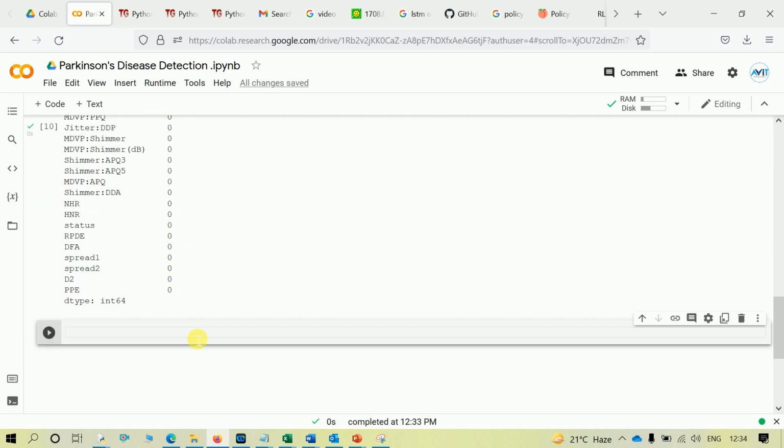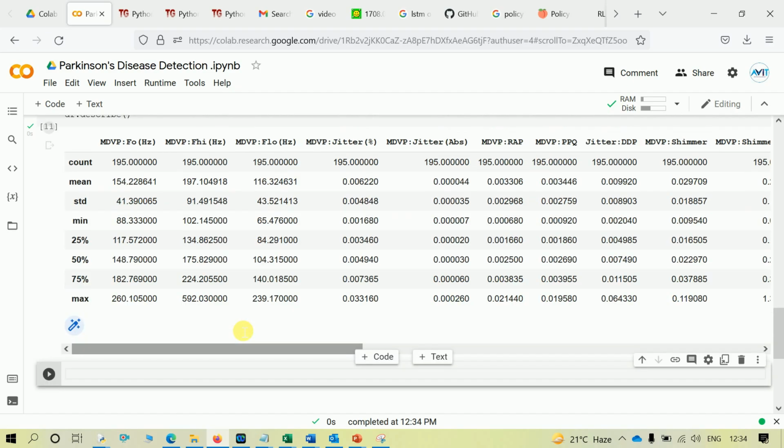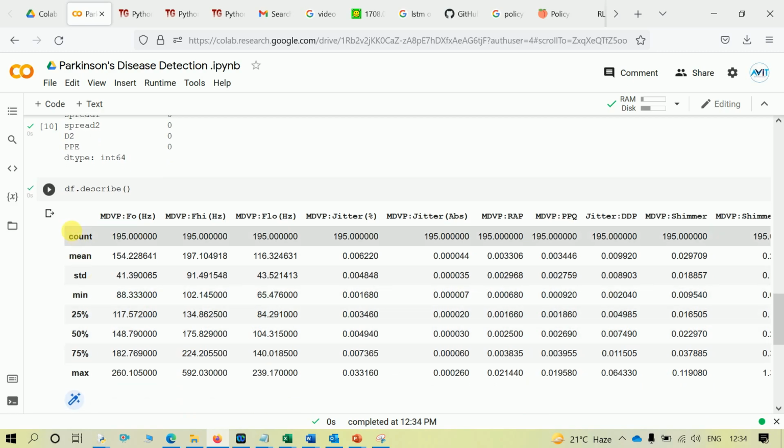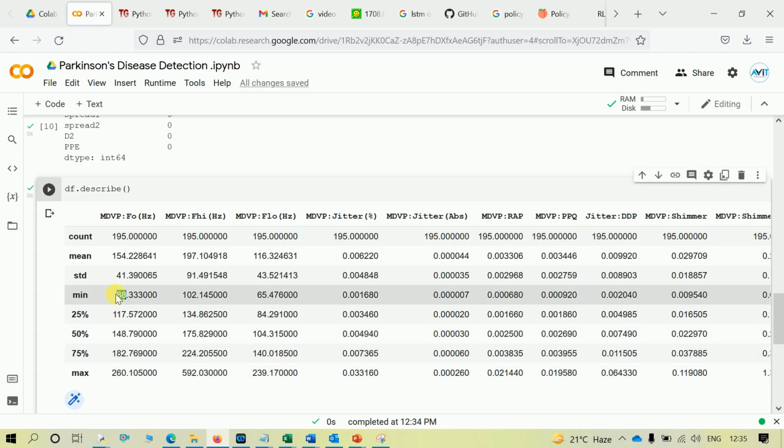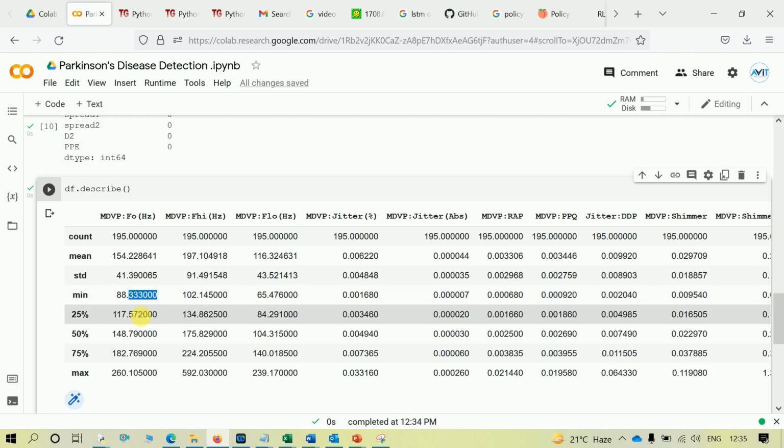Let's run the other command, df.describe. It shows all the statistics: count, mean, standard deviation, minimum, max and interquartile ranges of the dataset. For the average vocal fundamental frequency, on average the vocal frequency is minimum 88 and maximum 260 Hz.